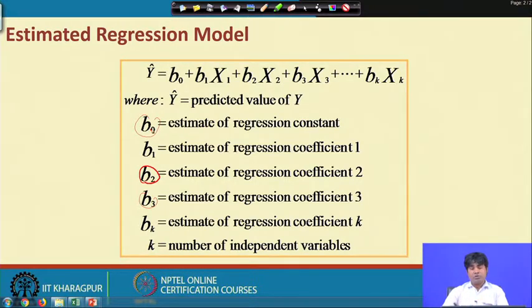And once you know all these estimated parameters, then it is easy to predict y with respect to all these independent variables. That is the usual procedure through which you get the estimated model, and then go for the reliability check, and then go for the predictions and forecasting as per the particular engineering problem